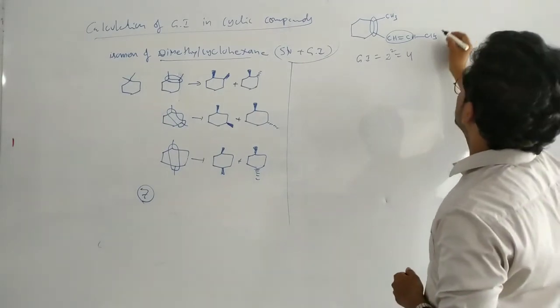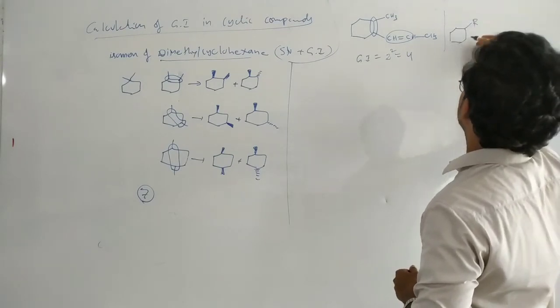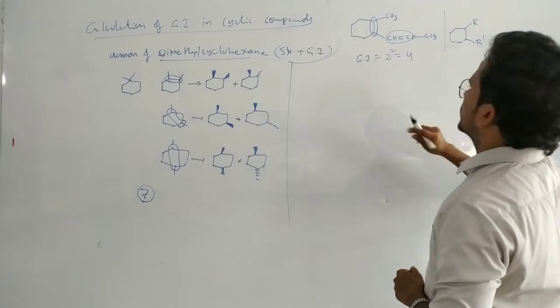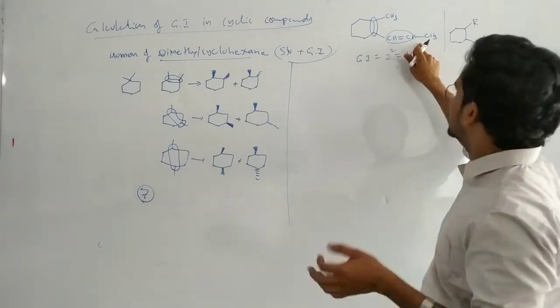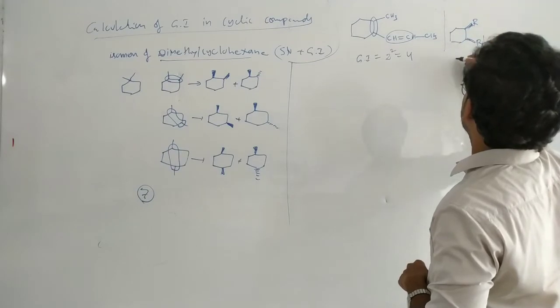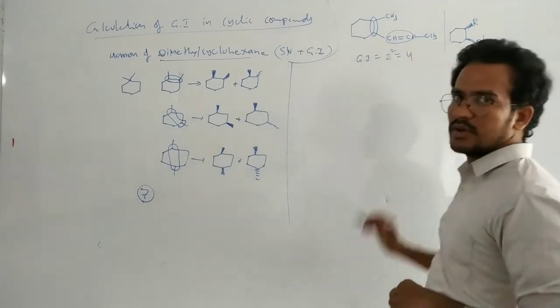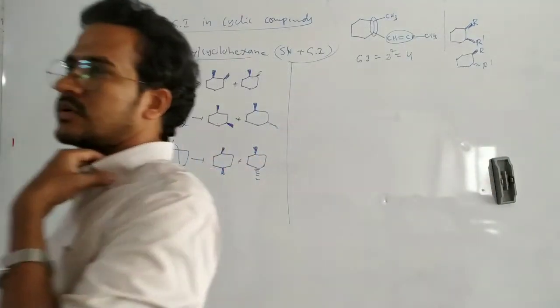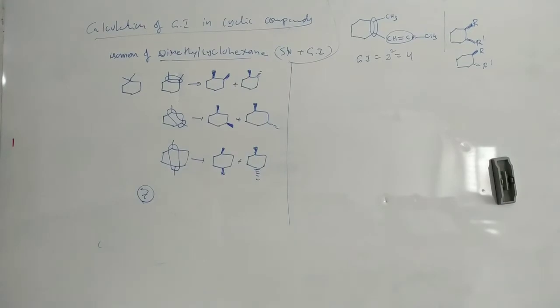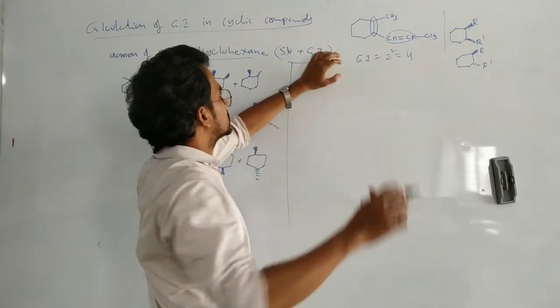It means here in this case, we can take like this. This is an alkyl group, this is an alkyl group, let us say some alkyl group. So it can exist in a cis form or it can exist in a trans form. And about this double bond, geometrical isomers are possible. So that's why that is also considered as one stereogenic center. So totally 2. Okay, that's it.